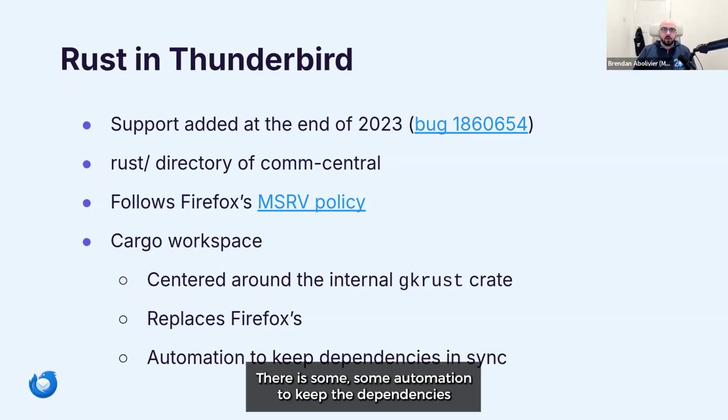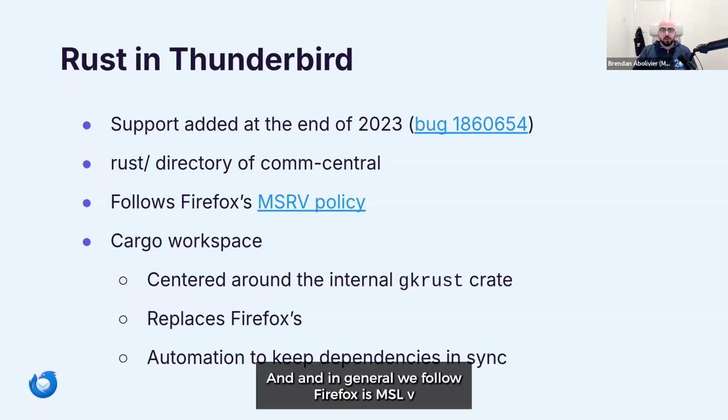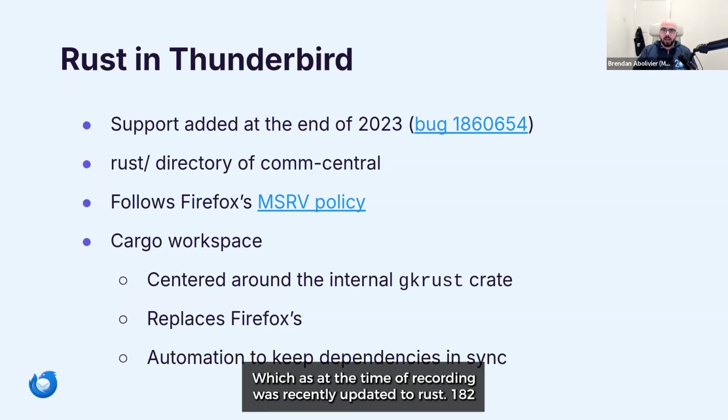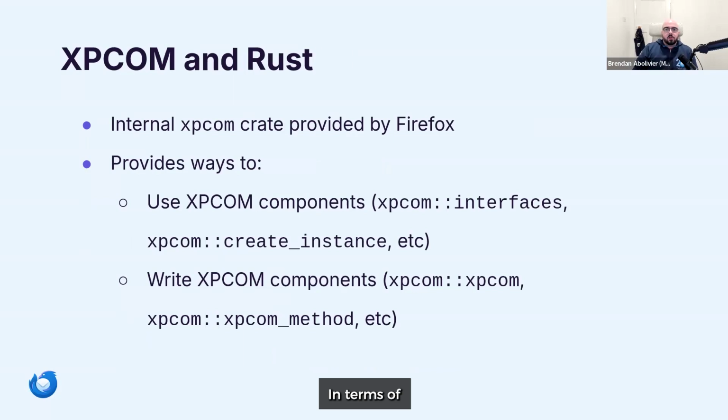There is some automation to keep the dependencies in sync between our workspace and the workspace of Firefox. And again, we'll probably get into that in a future edition. And in general, we follow Firefox's MSRV policy, so minimum supported Rust version policy, which at the time of recording was recently updated to Rust 1.82. In terms of how we use